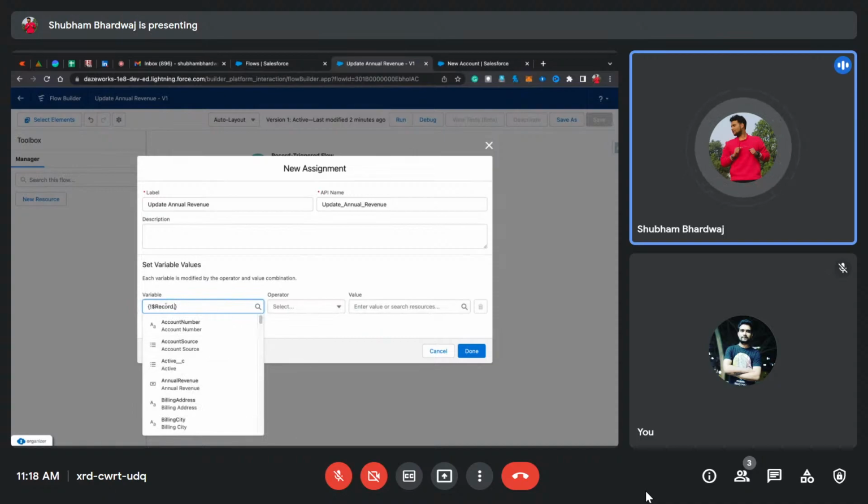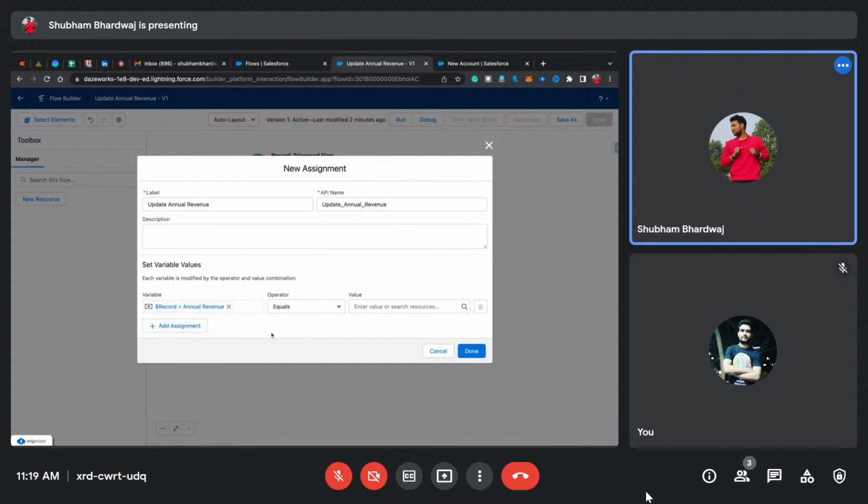This record global variable will store all the values, or you can say the whole record, inside this global variable. And this is automatically the standard way, right? So if you want to change the value of that record, you need to select this record global variable. And if you want to change a particular value of this record, what you just need to do, with the help of dot notation, is provide annual revenue over there equals